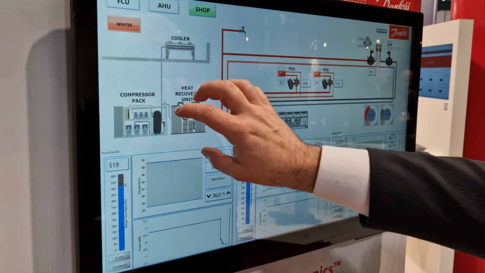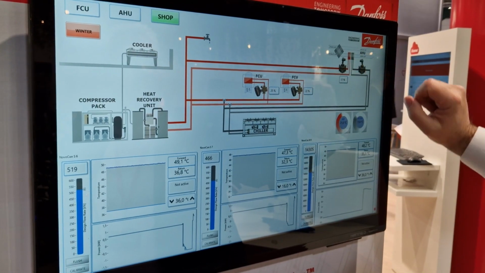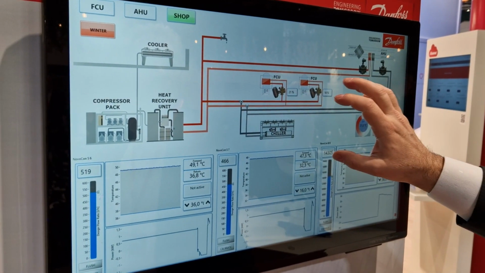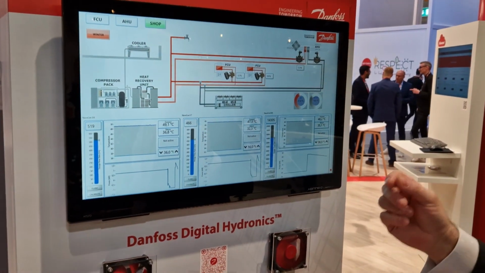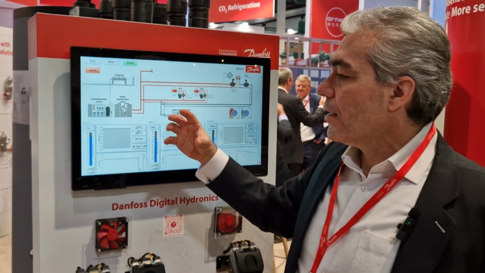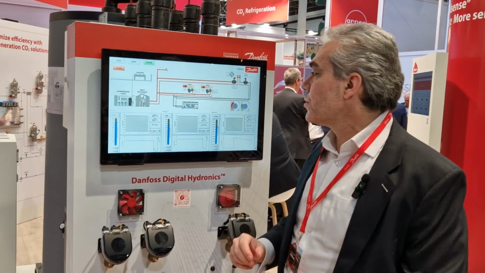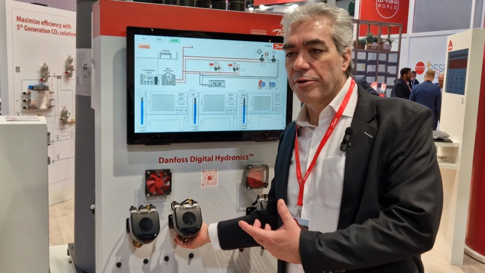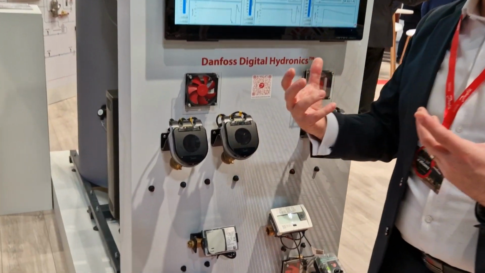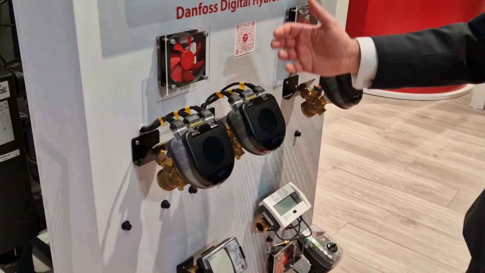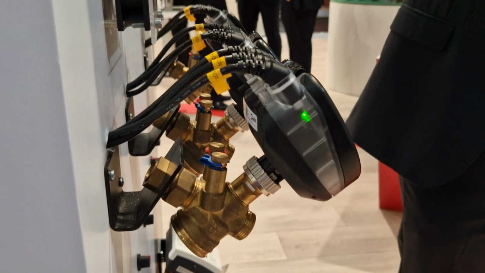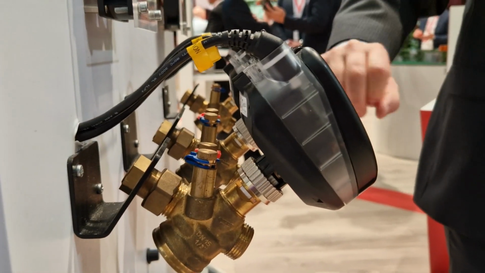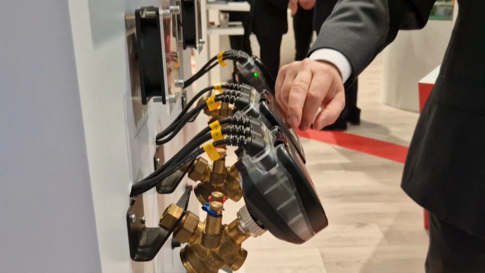heating. So we take out of the heat recovery unit, we go to the HVAC system, and we can control the HVAC system. Now, if you do the HVAC system control, you also need to have different flows in your system. This is where a pressure-independent valve is really good, because you can set the flow, and in the case of this actuator, you can basically do that by setting the flows through the computer.